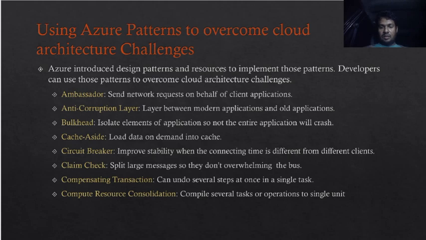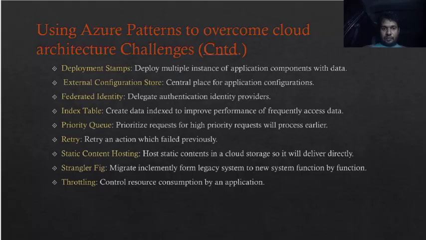Developers can use those, such as sending network requests on behalf of clients so it can save battery power, anti-corruption layers, bulkhead to isolate elements, load data on demand, circuit breakers, split messages, compensating transactions to undo and redo, single task, route compute resource, consolidations, and deployment stamp,